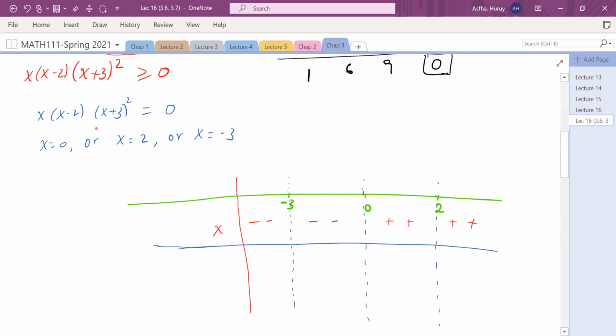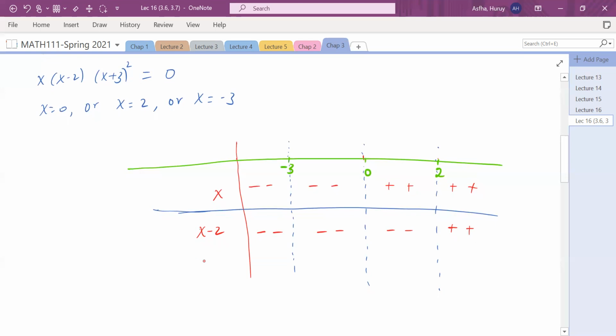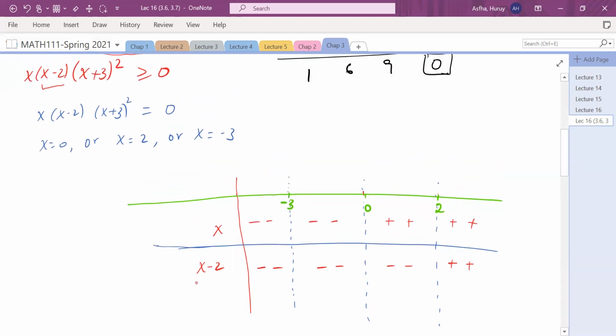That's obvious, right? And then the second term is x minus 2. And x minus 2 becomes 0 at x equals 2. And I'm going to write it here, x minus 2. So to the left of x equals 2, this is negative, right? Here it's negative, here it's negative, here it's negative, here it's positive. Okay. And the last one is